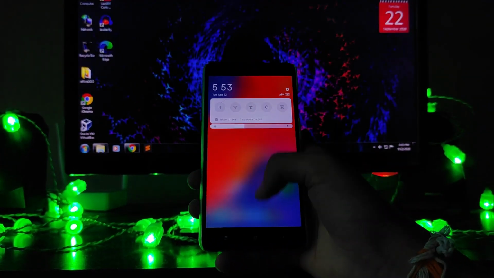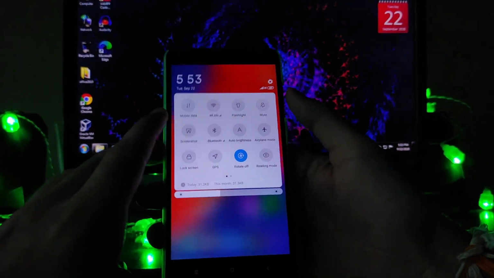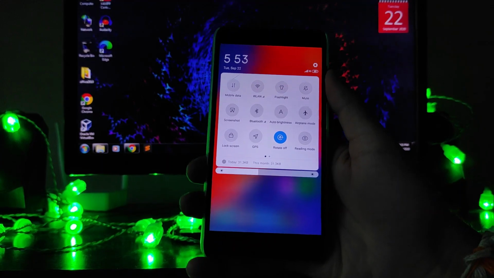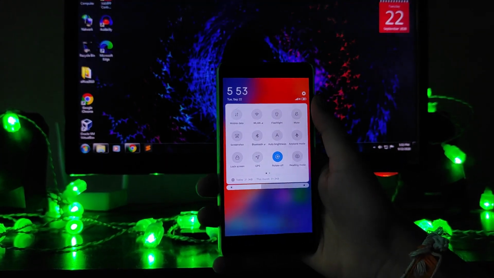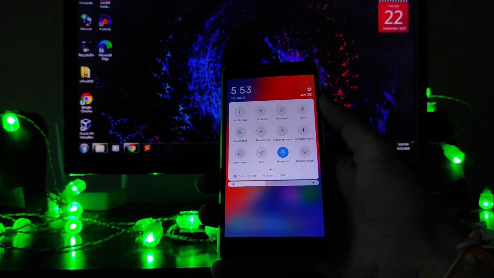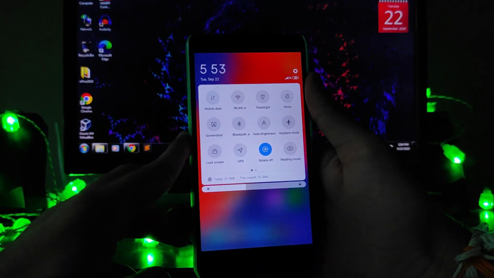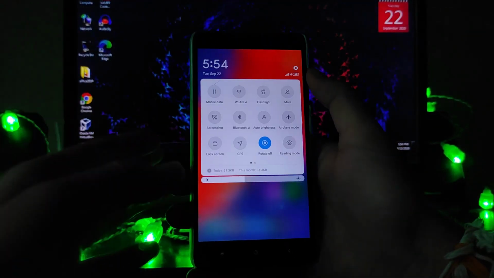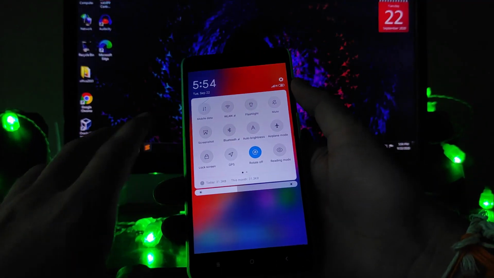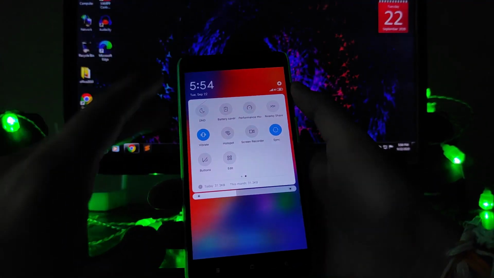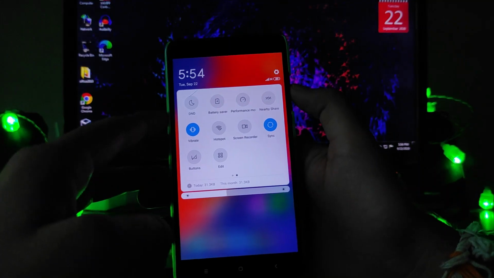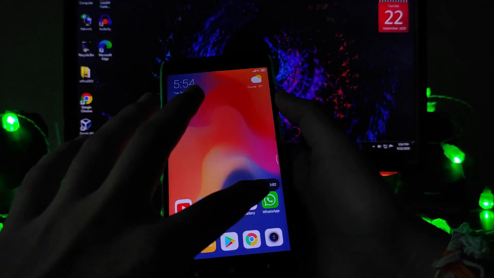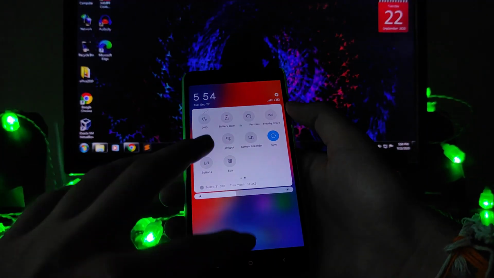So guys, now talking about the quick settings, here are the quick settings, and I would like to tell you that mobile data here is not working for the Vodafone Idea SIM card and the Airtel also. So VoLTE here is a problem. Wi-Fi here is working, flashlight is, as you can see, working fine, GPS, clock screen, everything is working. You get to see the nearby share available here. Then the screen recorder here is also working absolutely fine, no worries with it. That is it for the quick settings.